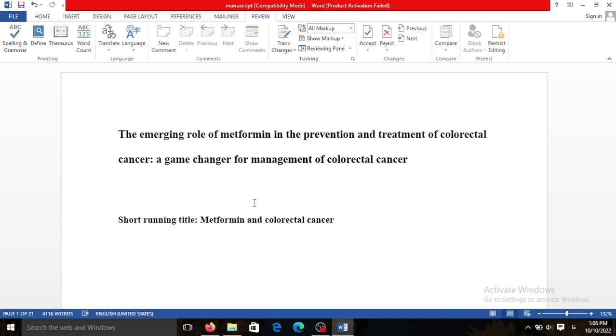For example, assume I have an article and the title is "The Emerging Role of Metformin in the Prevention and Treatment of Colorectal Cancer, a Game Changer for Management of Colorectal Cancer." As you see, the article is talking about colorectal cancer and metformin, and I should find a journal that is